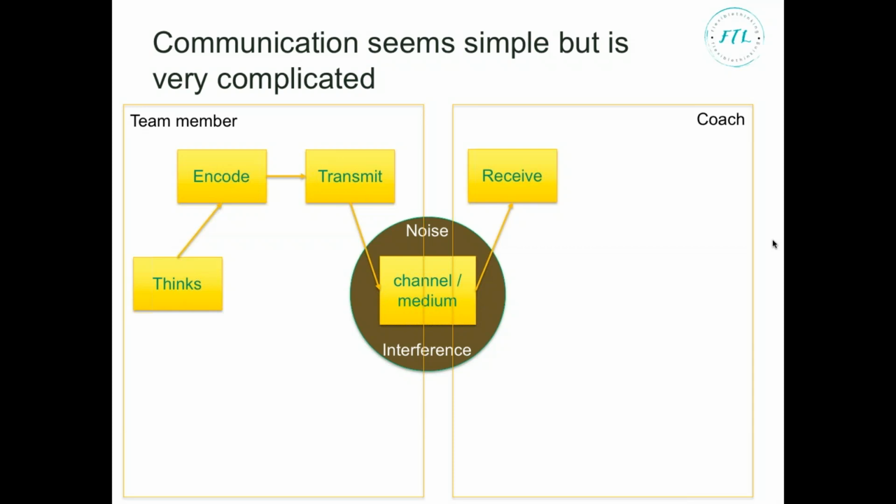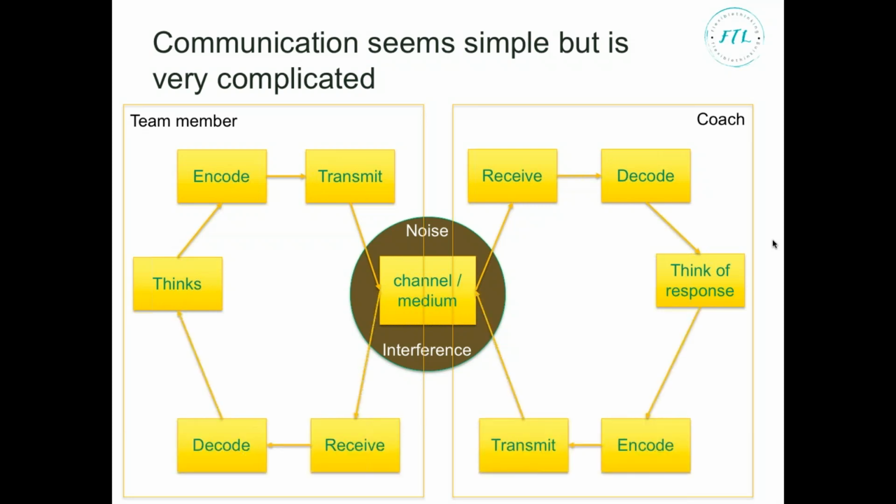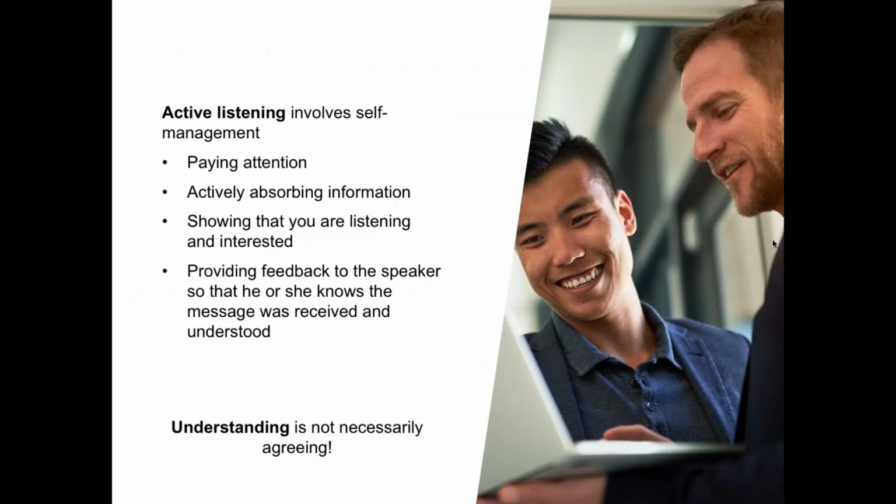Or part of my team is offshored, or even better, and this is just the way it all works now, we don't all share a common language, so perhaps English is a second language for half the team or 2/3 of the team. So we're all communicating basically through a second language of each other. So we've got this interference and noise which gets in the way of me receiving, decoding and understanding what the person is saying at the other end and trying to communicate with me. I then need to think of a response, and bang, it goes back through the same process to the person at the other end. So it's just trying to say that communication is an unbelievably complicated business.